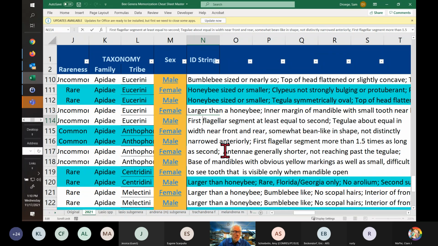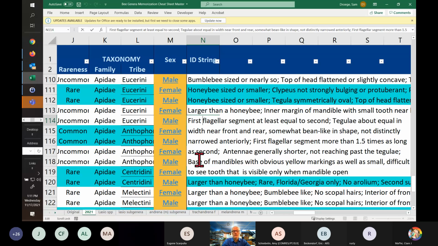So if you think about it, a lot of Eucera species, in the strict sense of the old days of what Eucera is, those males have antennae that go way back beyond the tegula, very similar to other longhorn bees like Melissodes and Svastra. These, as you'll see on this male, have basically female-looking antennae. An important one, though, is that the base of the mandibles, which we were just looking at, does have a tooth,